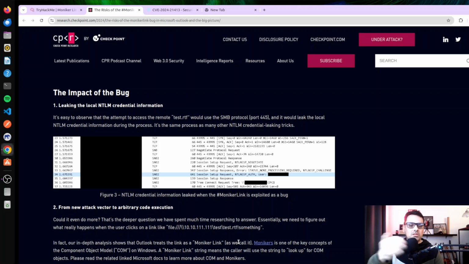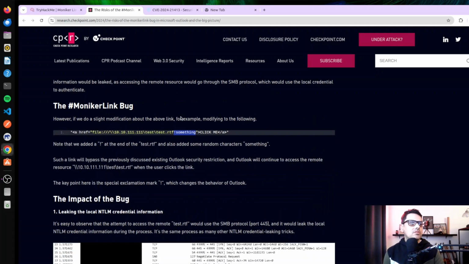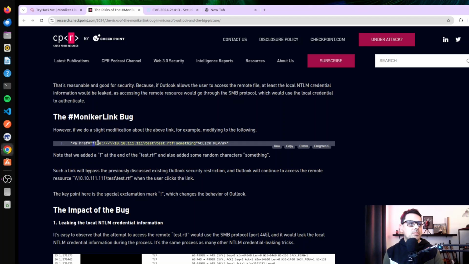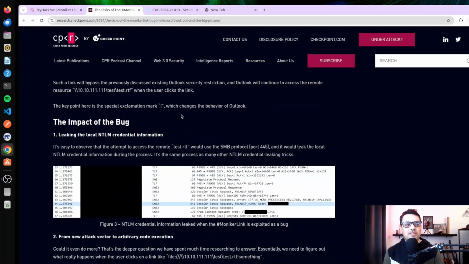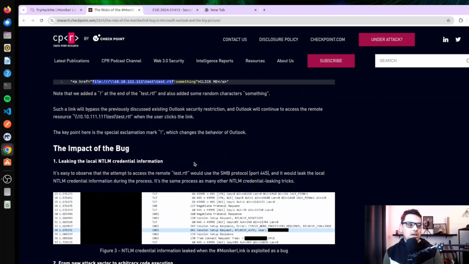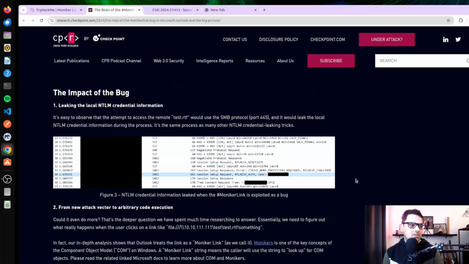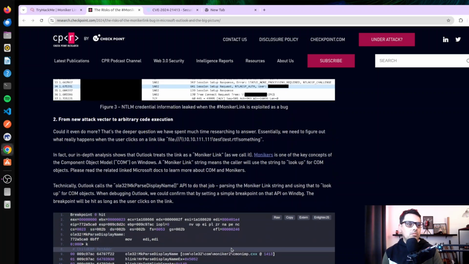If you did HTTP, HTTPS, it opens up the browser. So here, it goes all the way to the end, works out it's an RTF, and I believe it downloads the file and then opens it in the background, and also pulls in some of the user's credentials, I believe.